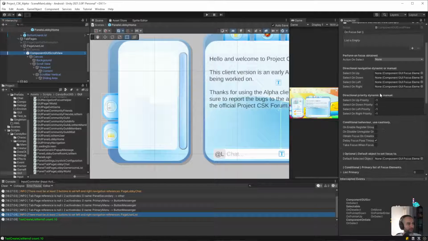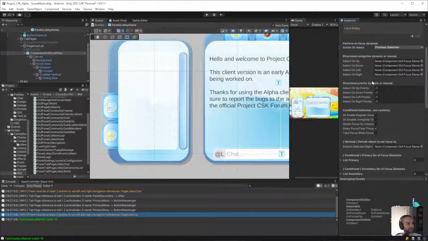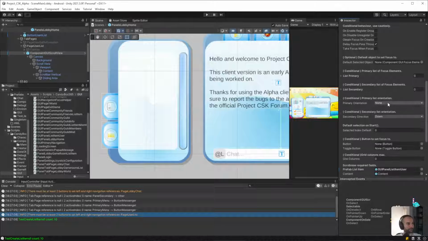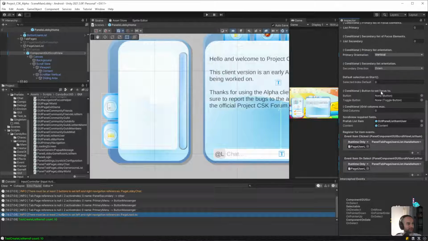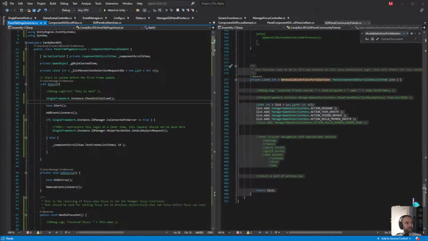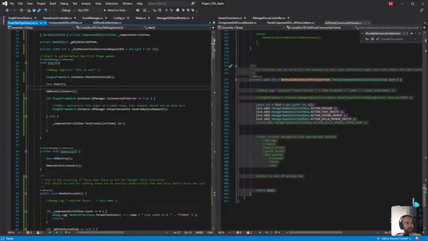And then from here, this should be previous selection. And then this will be a vertical. I don't think we need to actually set that. We have both of these, which is fine, but it's the navigation that I don't quite understand why it's not setting.